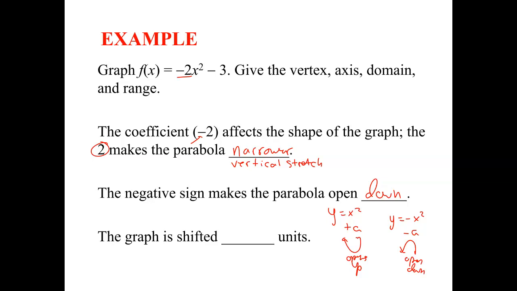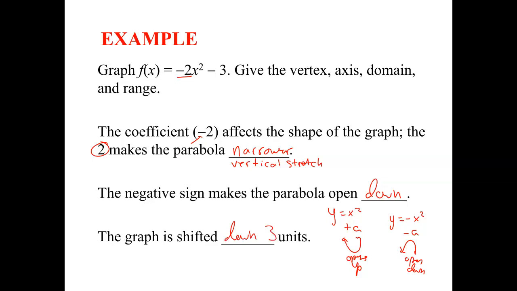And that's going to have an effect on our range as well. Domain won't ever change, but that's going to have an effect on our range. So we need to be aware of that. Okay? Then I've got one other transformation in here. What's that negative 3 going to do? Down 3. It's going to shift